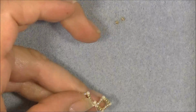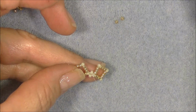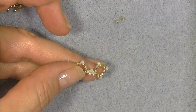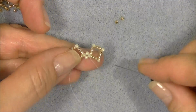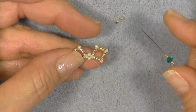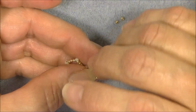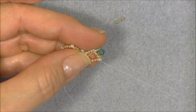So we're going to pick up 2 15-0 seed beads, and then a crystal, and then 2 15-0 seed beads, like so. 2 15-0s, a crystal, and 2 15-0s. We're coming out of this side of our 11-0 seed bead here. I'm going to cross over and go into the opposite side of the opposite 11-0 and pull these down